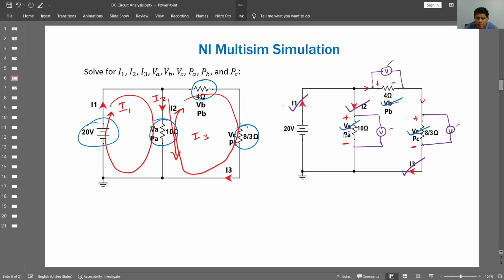So PA, PB, and PC. Those are all that are left. Let me find those three variables that are being asked here. So for I1, I2, I3, VA, VB, VC, PA, PB, and PC, let me find now the powers. So in this case,